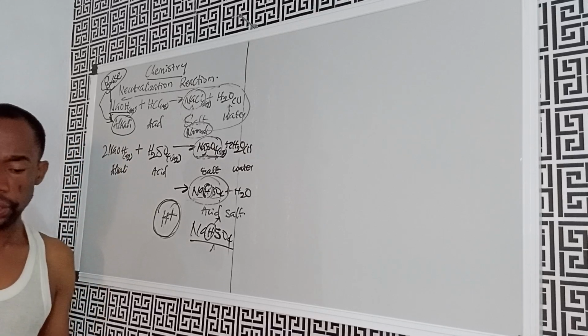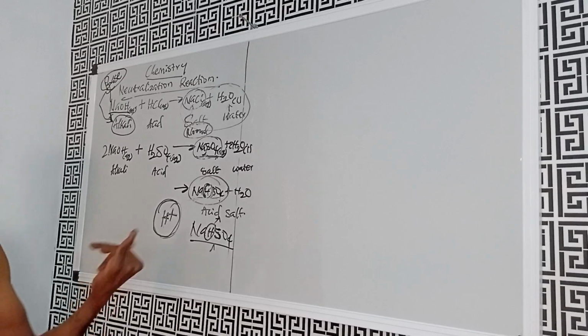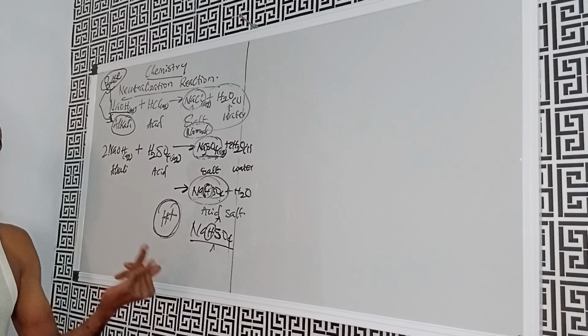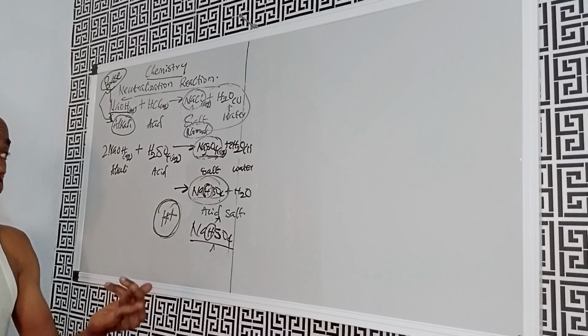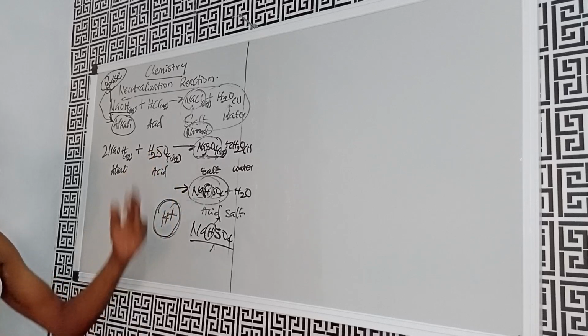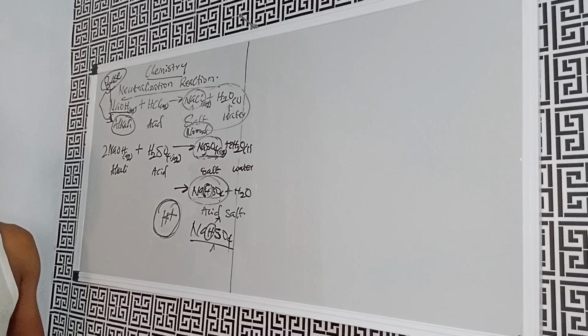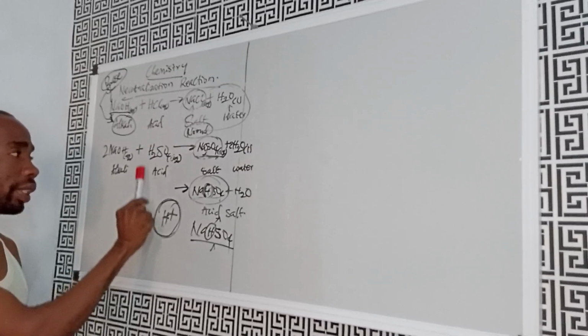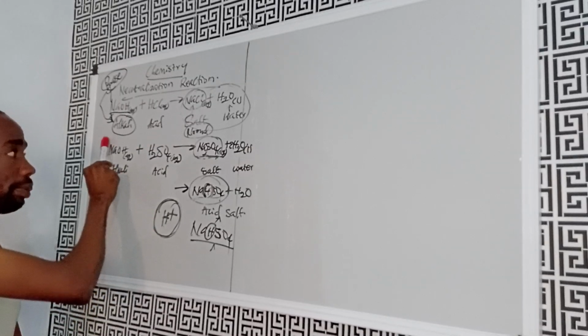You remember we have types of salts: acid salts, basic salts, and what again? Normal salts, complex salts, and double salts. All those are the types of salts we have in chemistry. So when there is incomplete neutralization of an acid by the base,